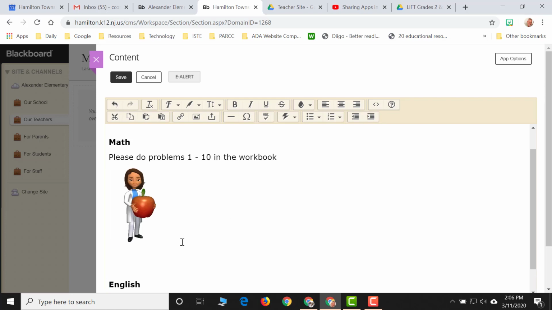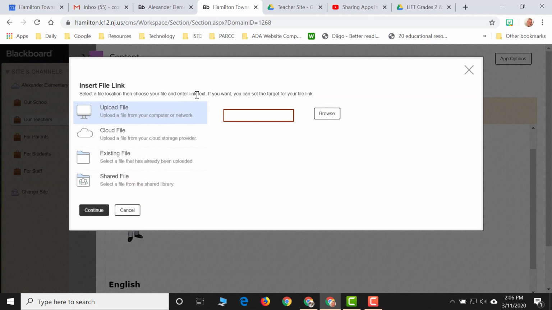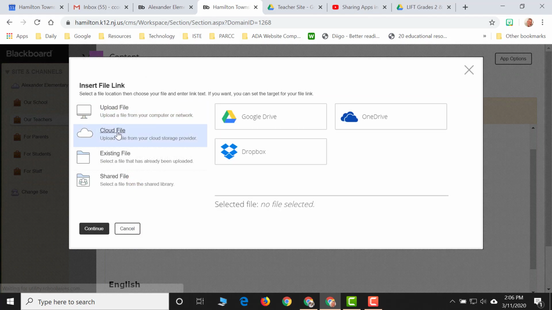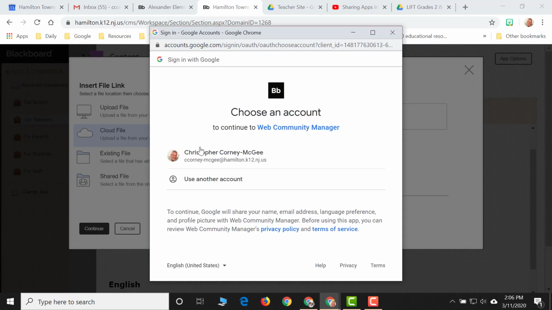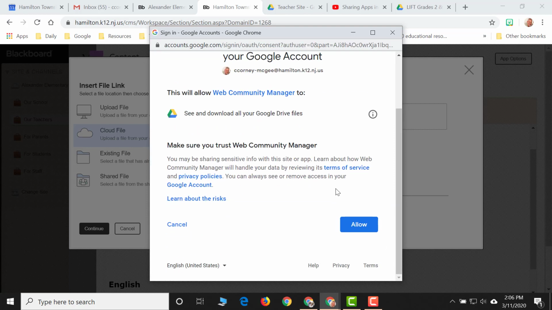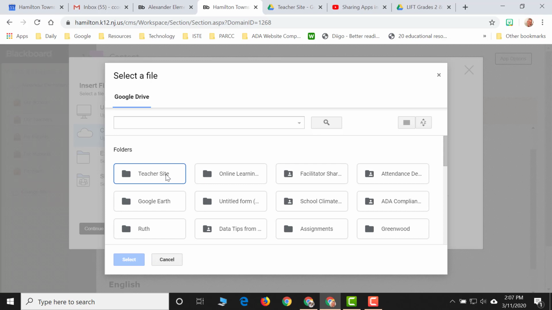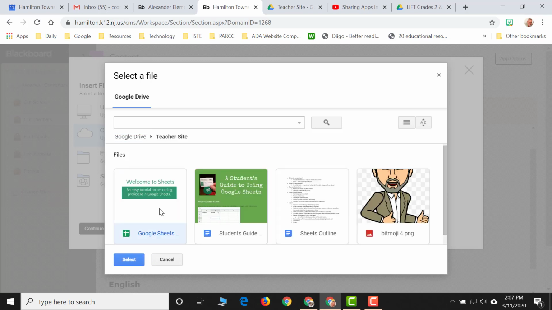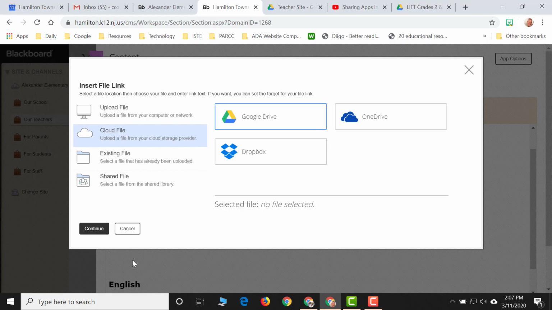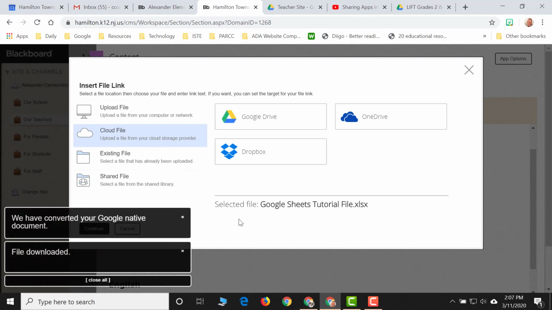If I wanted to insert a file onto my web page, I would navigate to the Insert File icon on my toolbar. I could either upload it, grab it from the cloud. If I grab it from the cloud, I can go directly to Google Drive, choose the account that I'm going to grab the file from, which is my account, click on the permissions to allow my Google account to be accessed. And now I can go to the folder that my file exists on, hit select, hit continue,